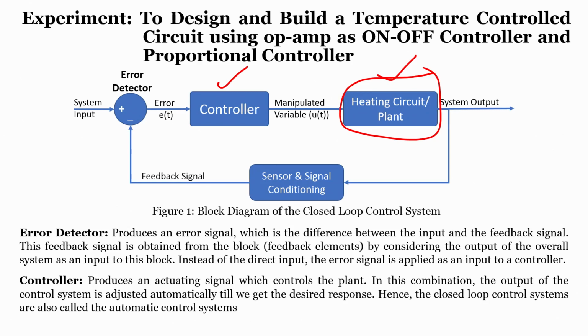And after understanding the input parameter, or input voltage, that is required for the heating circuit to heat, since we are saying this particular plant is a heating circuit, what is the requirement in order to heat the plant, and what is the range that we have to give as an input signal to the heating system. As a result, it heats the system. In order to understand that, first we have to understand how exactly the circuit looks.